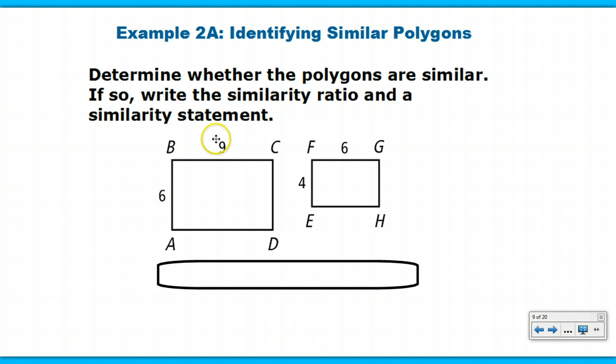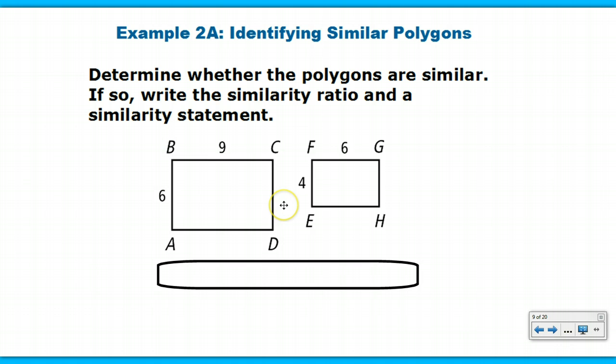So first, they didn't give us this information, but if we are told that these are rectangles, then we know that each of the angles is 90, right? So let's say that we're told that they're rectangles. Now we know they have corresponding angles that are congruent. So we need to see if they have a similarity ratio, and we can do that by testing the known sides, right? So we could say that AB is 6,